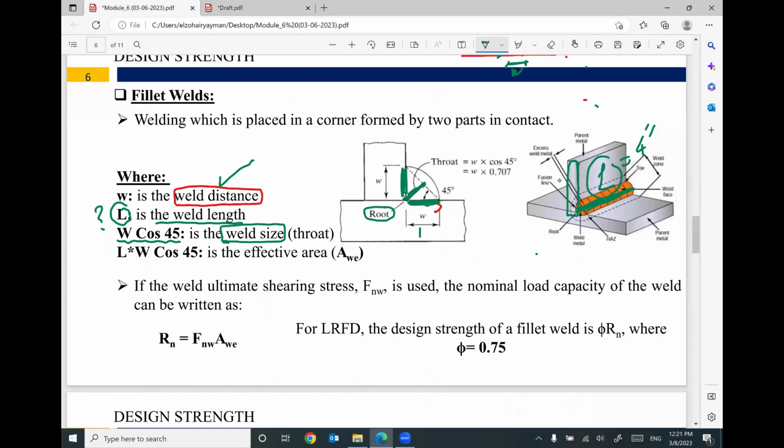If you multiply the weld size, W cosine 45, by the length of your weld, which is L, you can find something called the effective weld area, A_WE. If you multiply this area A_WE by something called FNW, you can get